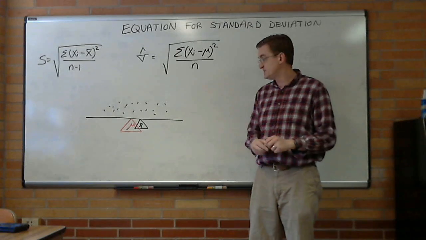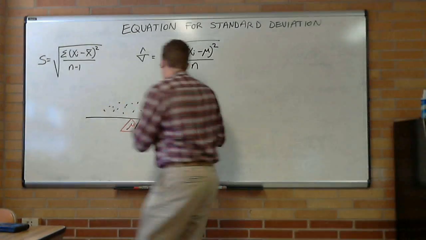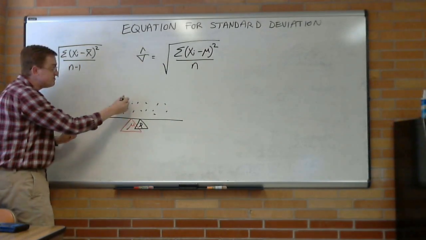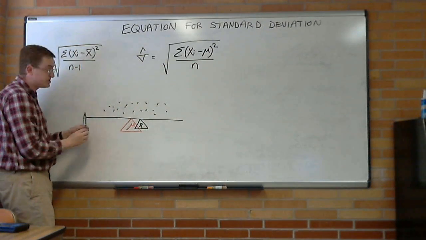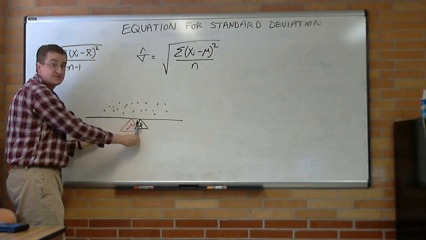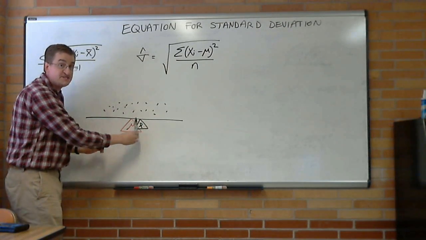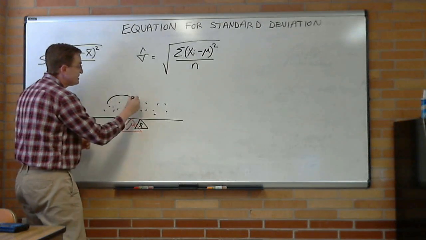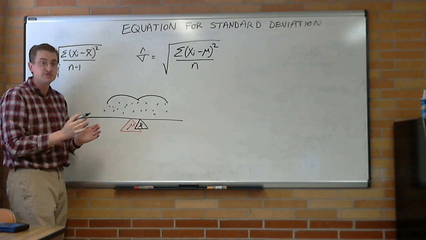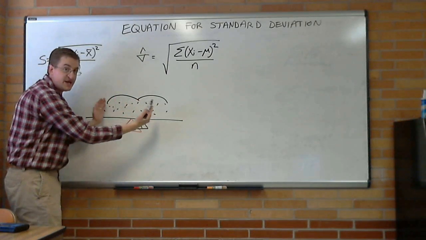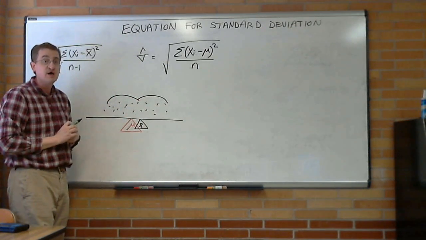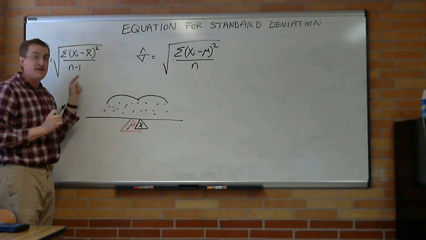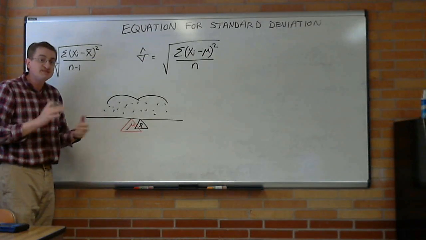Another way to think about this is we're trying to estimate how spread out this data is away from mu. And if we knew mu, that would give us a very clear picture. But now we're picking an x bar, which is forced to be in the middle of the data set. And so it's going to look like the data is more clumped together because x bar is right in the middle of where it should be. So you're going to estimate s as being a little too small. How do we fix that? Well, let's divide it by less than the n, and that way our estimate will increase a little bit